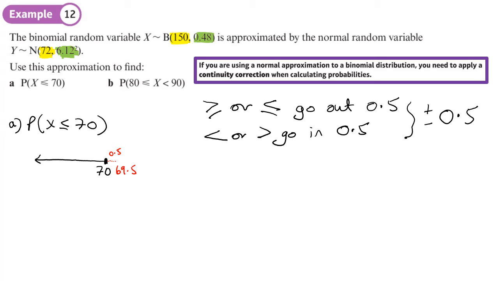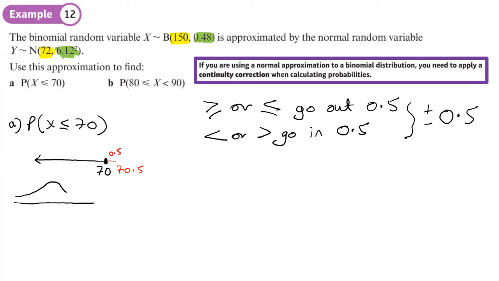right, let me correct that. So that shouldn't be 69.5. That should be going out by 0.5, because obviously this is going down below 70, so this should be 70.5, so it's my mistake. 70.5. Yeah, if I was going in by 0.5, which I'm not doing on this question, then I will go back to 69.5. So what we need to do on my calculator, now that I'm turning this into a normal distribution